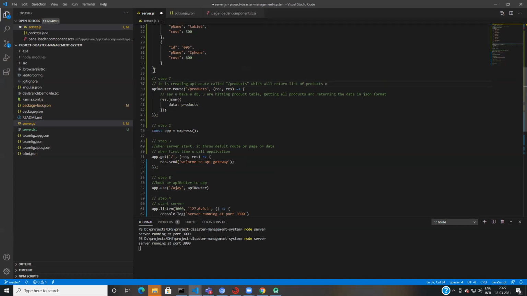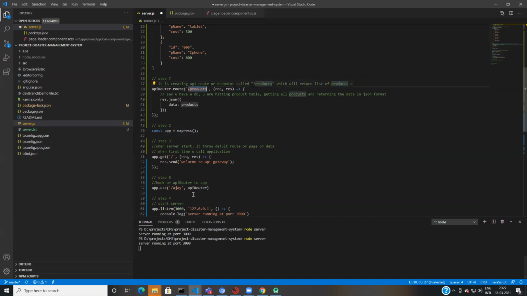Here this API router is creating an API route, or I should say endpoint. As of now we have only one endpoint.